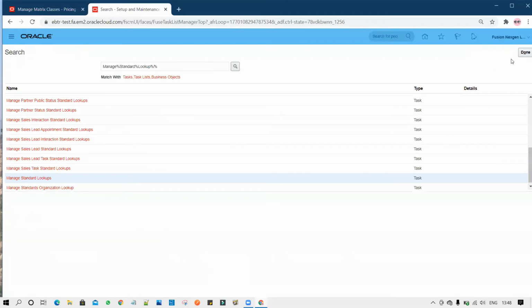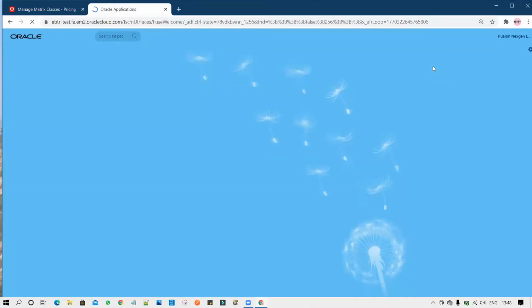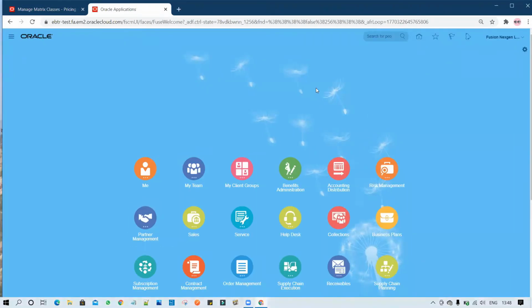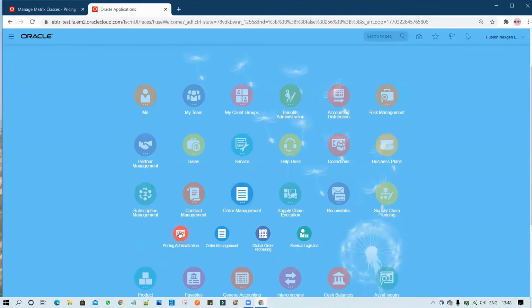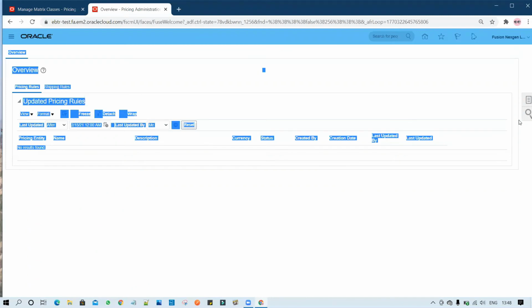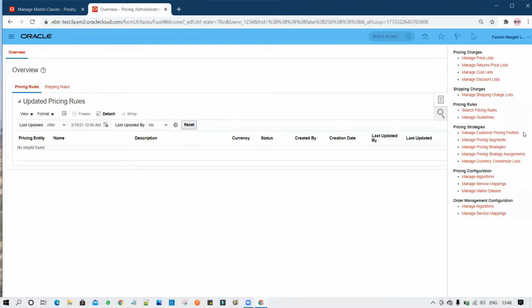Once you're done with this lookup, you have to go to Order Management, under Pricing Administration. So click on Home, go to Order Management, Pricing Administration. Under Pricing Administration, you have to click on Tasks, and then go to Matrix Classes.